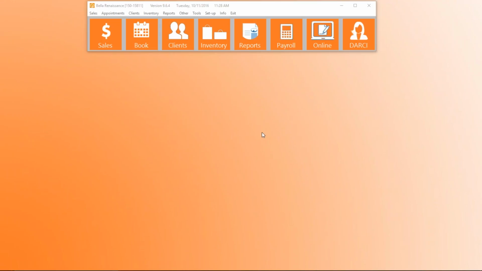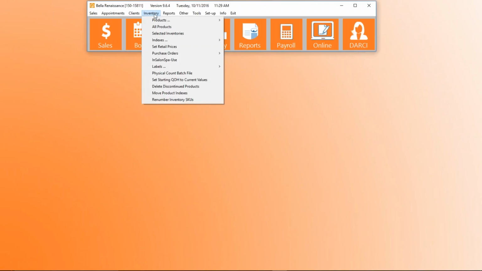Adding indexes for vendors, manufacturers, and categories is required before putting your first product in. In order to add an individual product, whether for sale to your customers or for use, you need to be able to tell the system who you're buying it from, who makes it, and what category it falls under. Those are our indexes. And the way we create those is by going to the Inventory Title button, selecting Indexes,